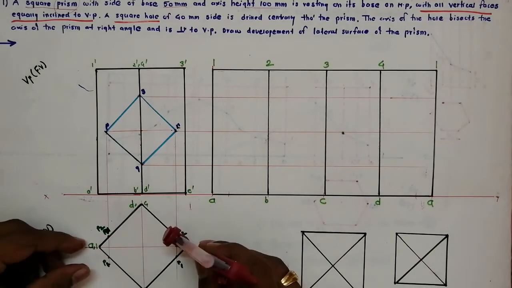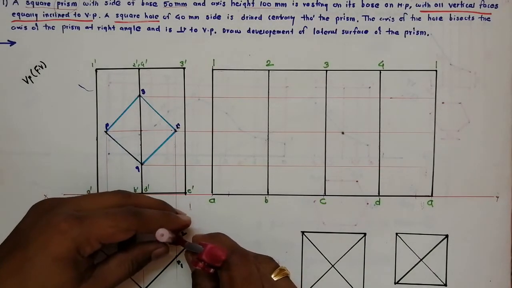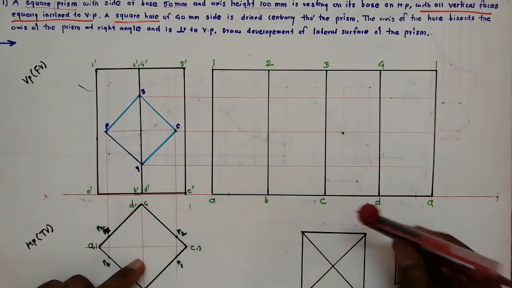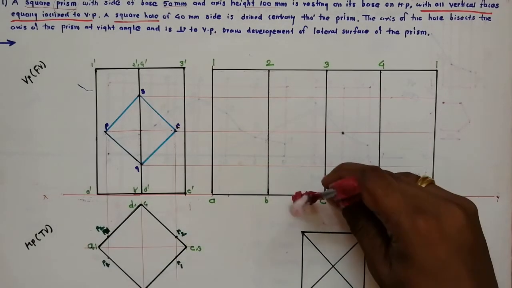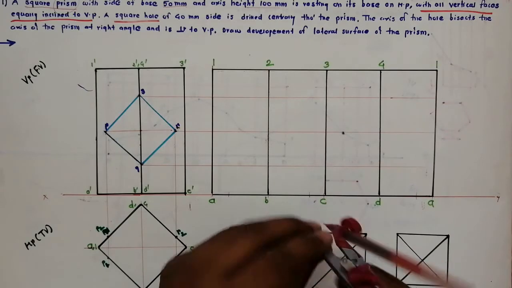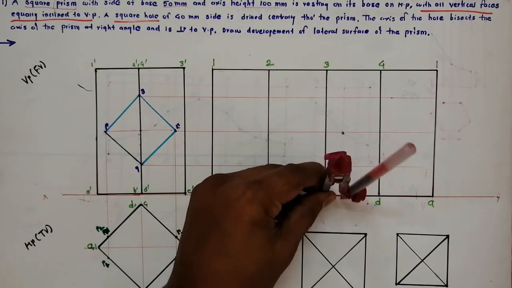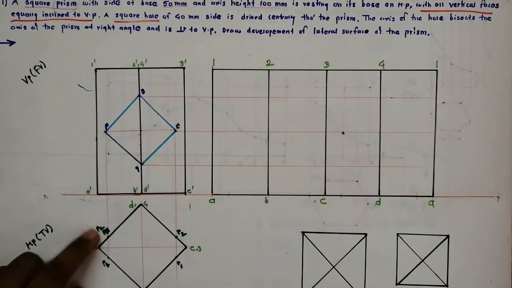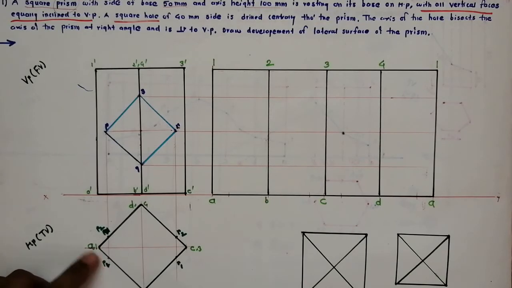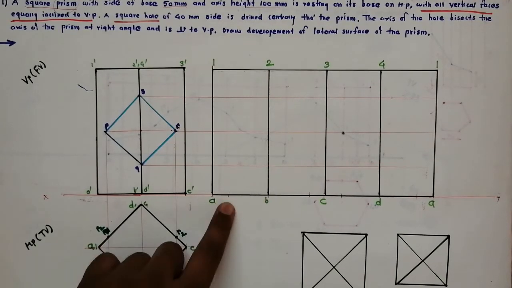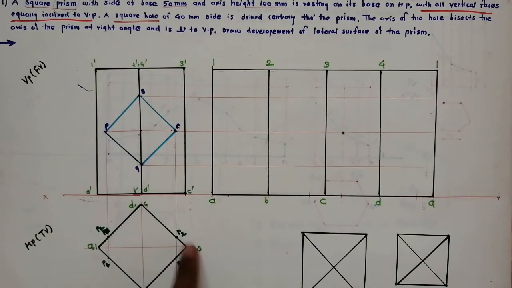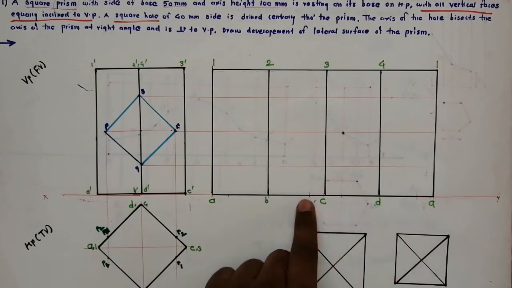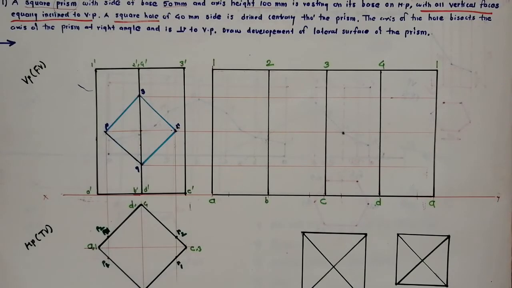Now I am taking the distance from C, so the same distance on CD and CB, here, and from C on D. Okay, so you have to be very careful while marking the distances P1 and P2. The distance I have measured, I am taking from A, so you have to mark the distance from A. Here I am taking the distance from C, so you have to mark the distance from C. Okay, now the parallel lines from here.